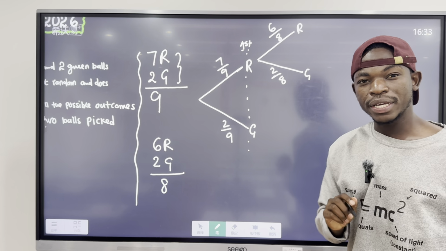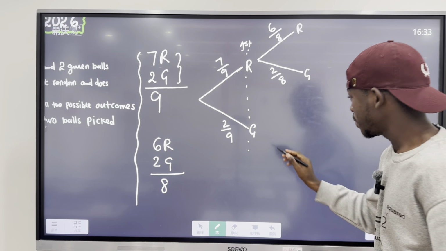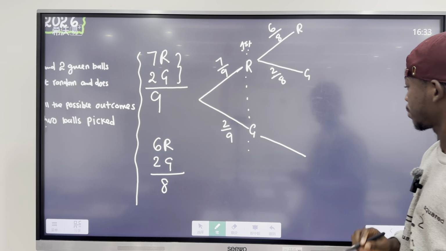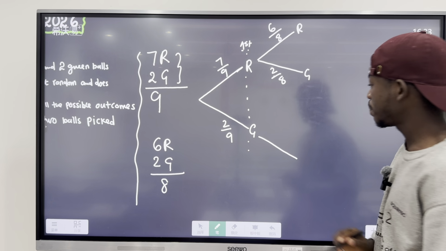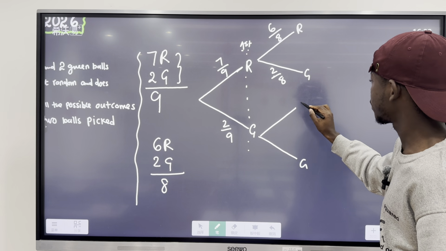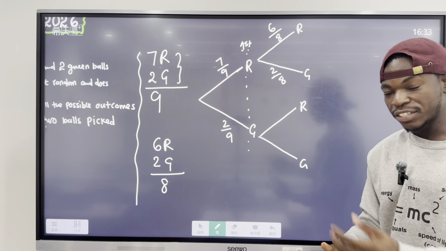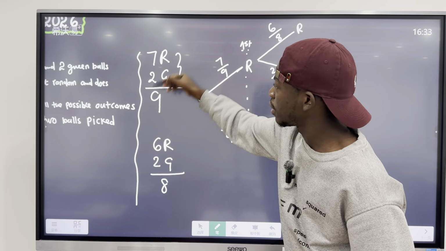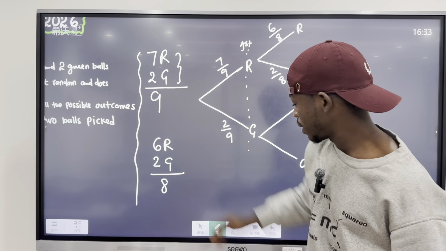If at first we picked green, what will happen in the second selection? Either we pick green again, or we can pick red. So if we picked green at first, what do you think will happen here? Forget about what happened here. If at first we picked green,